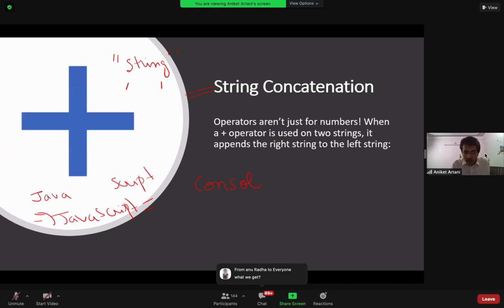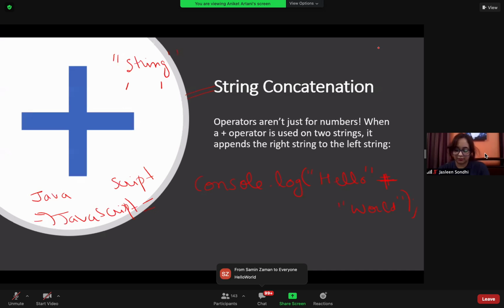Again, it's your chance, guys. Now we'll try the hello world example. So what we are doing, we are adding here, and in the string, we can say we are concatenating.